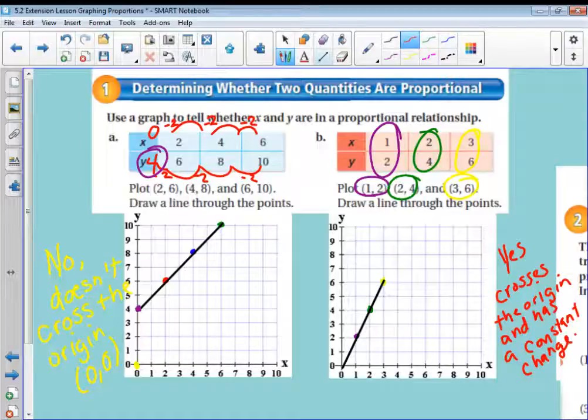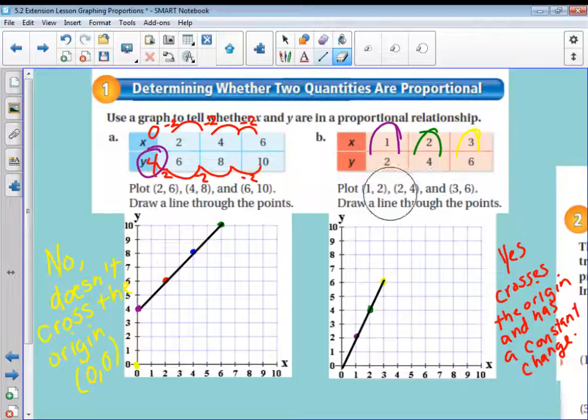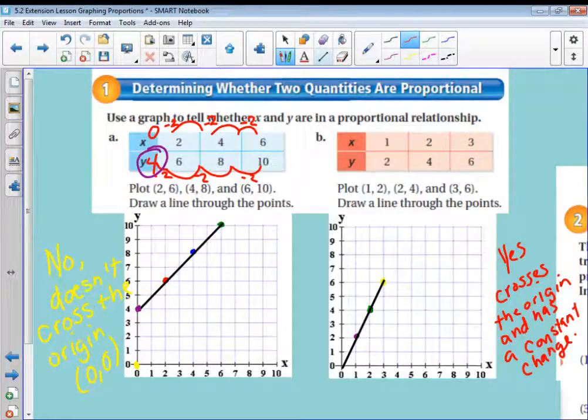Okay, if you wanted to check that without graphing it, well, once again, you'd want to work backwards to see if it would cross through that 0, 0 since it's not giving us that as an option. So to get from 3 to 2, you would go minus 1. 2 to 1 would be minus 1. So then 1 minus 1 would give us 0. And then we would check here. From 6 to 4 would be minus 2. 4 to 2, minus 2. 2 minus 2 would give us that 0. So we could see there that it would actually cross through 0, 0 if you're wanting to check it without